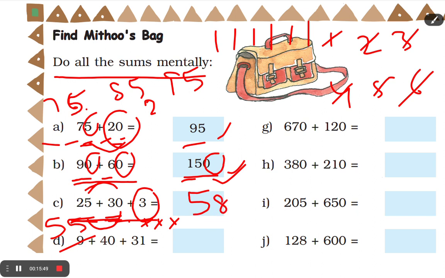See here, you try to do this without using a pencil or without writing one below the other. You should practice the methods which I taught you earlier in the earlier classes. Counting in tens, I taught you on the number grid. You have to think of it and do it without using a pencil or writing one below the other. Okay, so see this, 25 plus 30 plus 3.